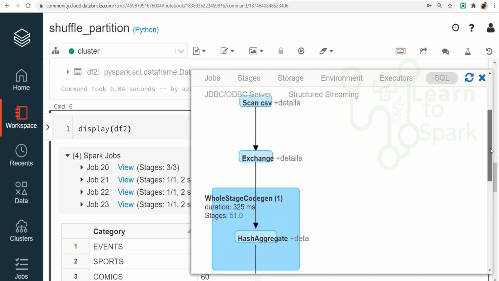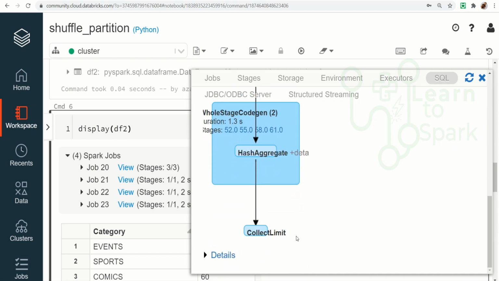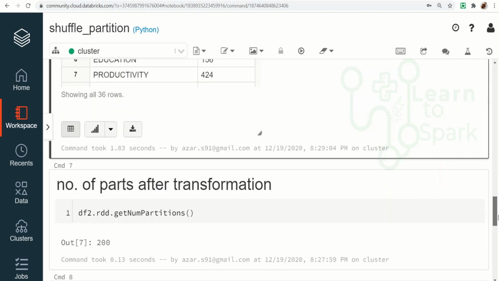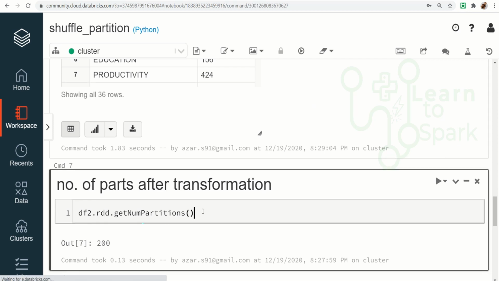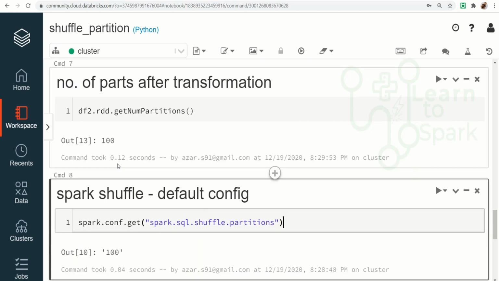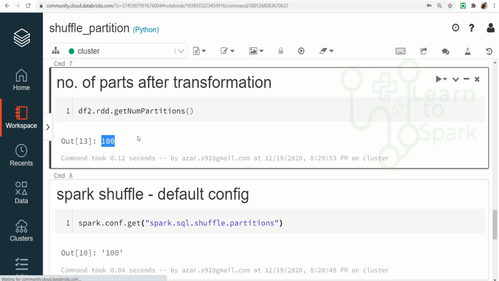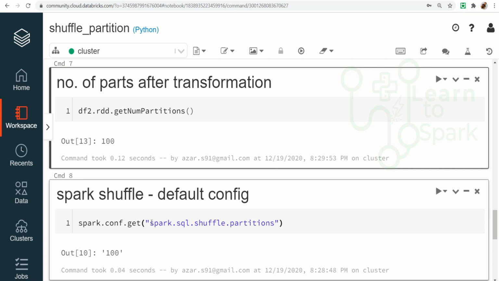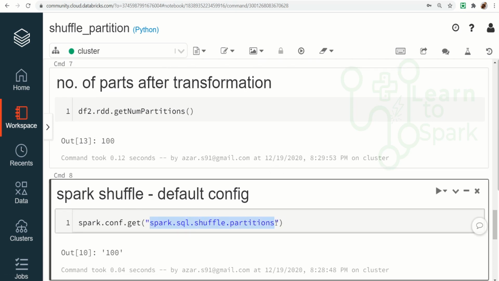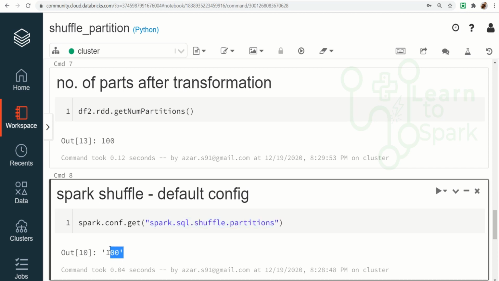So you can find there is no difference. Let me run this command now. Here you can see our default shuffle partition of 200 has been overridden to 100. So this is the config that is useful for us to override the default number of shuffle partitions.